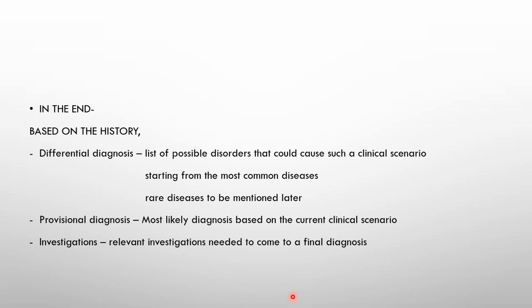And so in the end, you should know that each statement, each question brings a lot of difference to the end result, right? Everything that you have asked in your positive history, in your negative history, in your associated family or personal history, all of it brings a lot of difference to your differentials. So on the basis of your history, you should be able to bring out a list of differential diagnoses. At the end of the history, you should write a list of differential diagnoses, listing the most common diseases in the beginning and the rarest ones to be mentioned later, right?